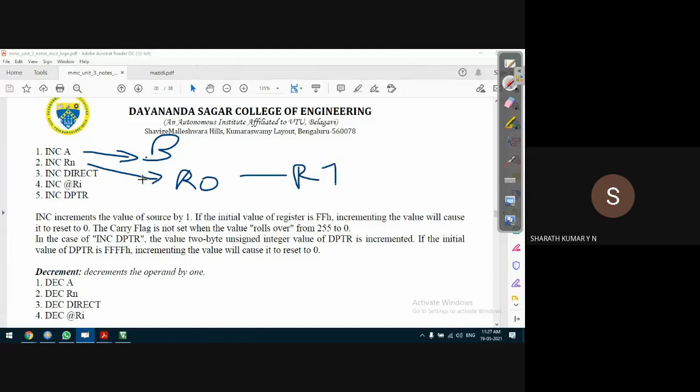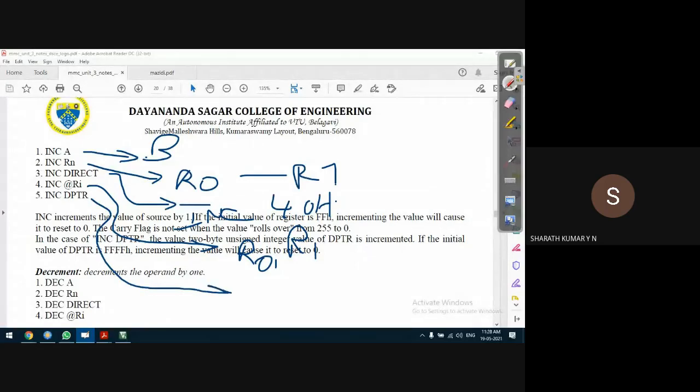We can increment the content of a memory location, for example INC 40H, where 40H is the address of the memory location. Increment the content of a memory location whose address is stored in register either R0 or R1. This is called register indirect addressing mode. Increment the content of DPTR is also possible. In the first 4 cases, it is an 8-bit operation. The last case is the 16-bit operation.